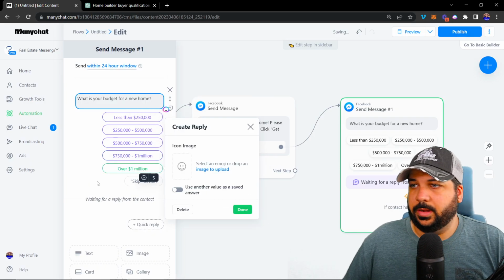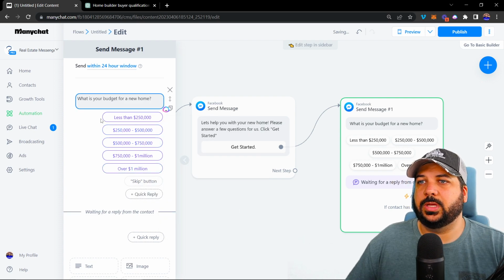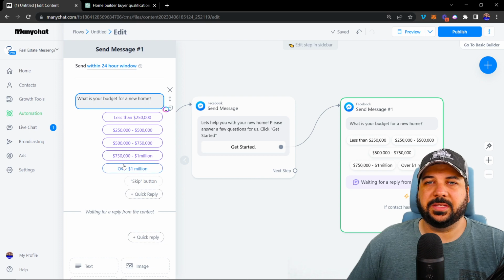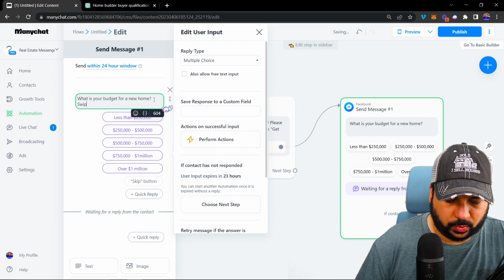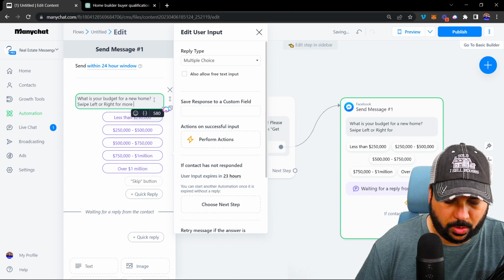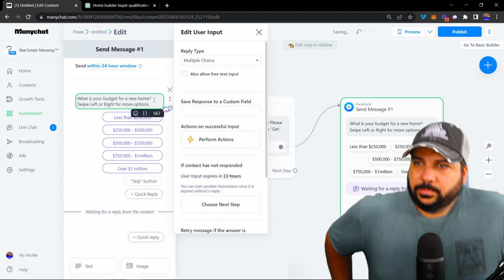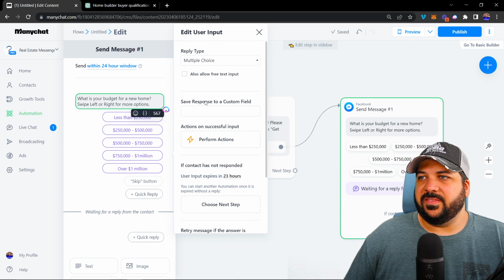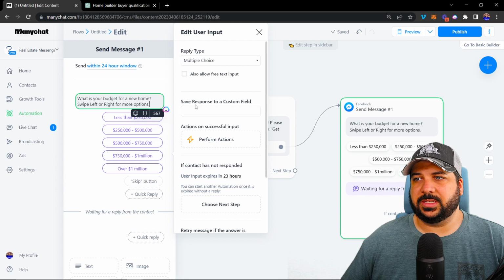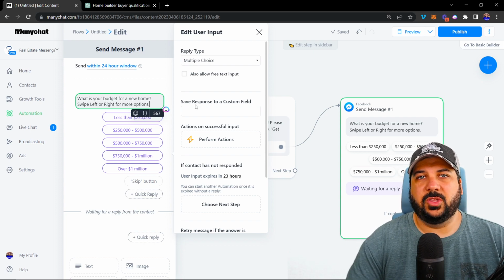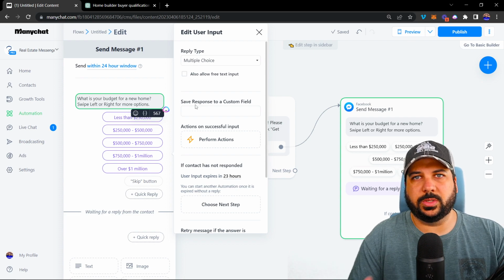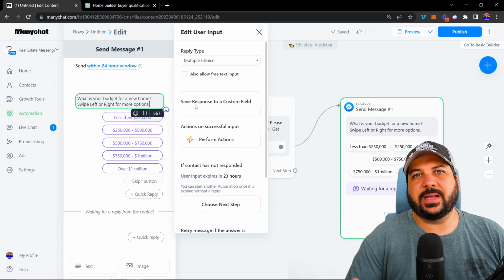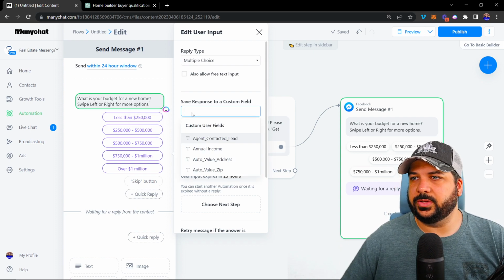All right. Now, since these are pretty long options, when they are looking at this inside of Messenger, half of these are going to be cut off. So I would probably add swipe left or right for more options. Okay. And now I'm going to save it to a custom field, because that's where the data gets collected. So that you can provide that information not only to you as the real estate professional, but also you can send it back to them, saying, hey, is this information correct? And you need to do that to